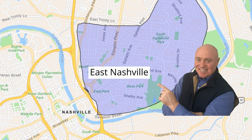So number 3 is East Nashville and Englewood. Now, Englewood is one of the few historically zoned neighborhoods in the city. It's actually east of the Cumberland River. Englewood is distinct from the other neighborhoods that we've mentioned in that it's not a prominent site of some historical event. Now, many buyers in East Nashville are restoring homes built in the 1940s in the styles of bungalows, Tudors,